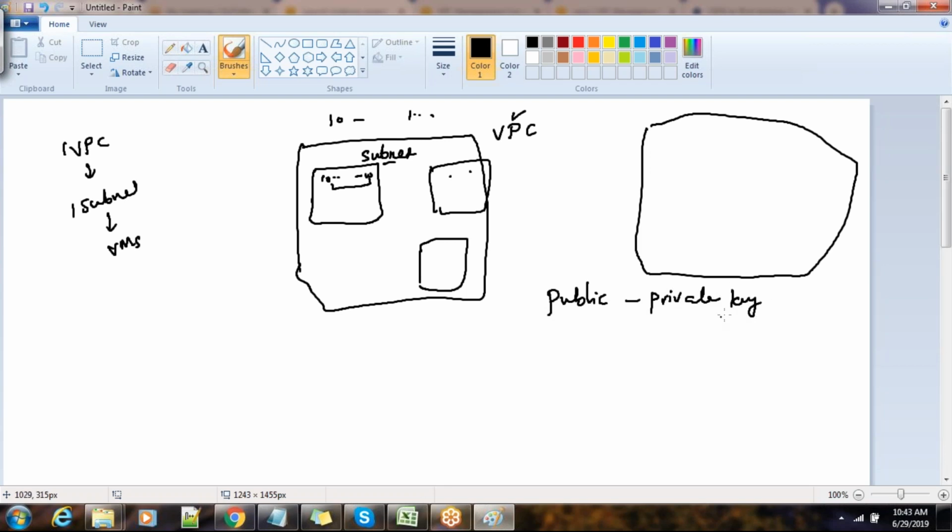I'll explain this later in detail. It's something like a padlock and key. So this is a lock, and this is the key.